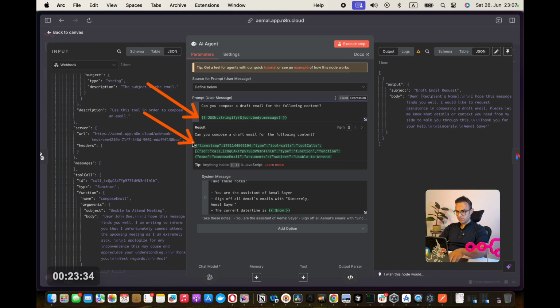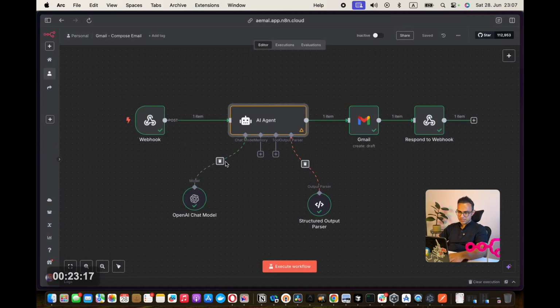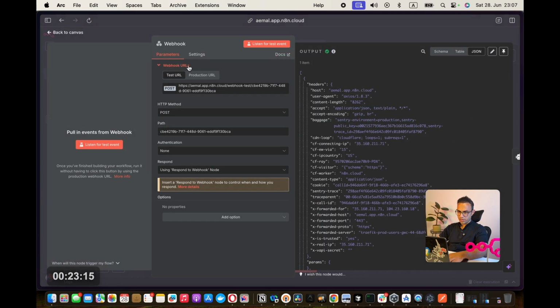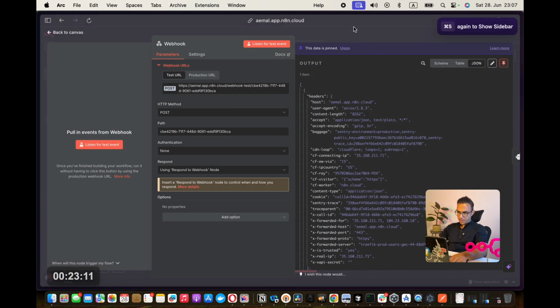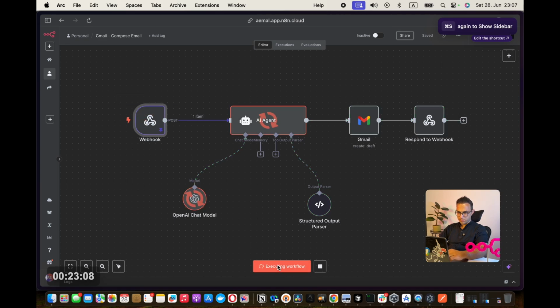Probably a lot of people notice it, and probably it's on the radar of the product manager responsible for the AI agent node or other nodes. I think it also happens in other nodes. Anyways, let me quickly pin this and save it and execute this.